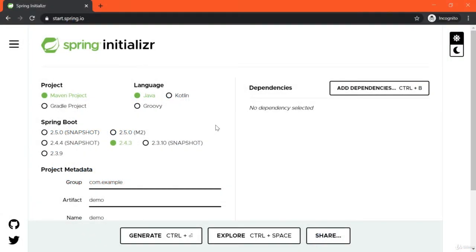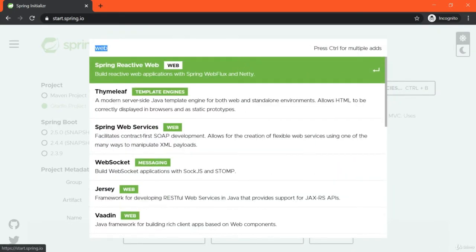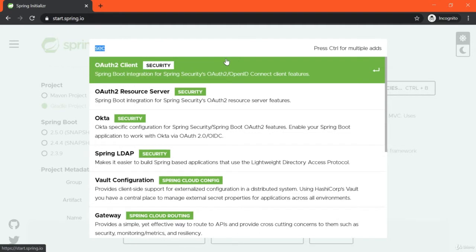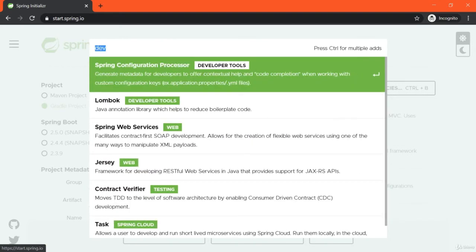Create a new Spring Boot project. Go to start.spring.io, create a new Java project with Gradle. Use Spring Web, Security, and DevTools as dependencies. Also, add the Okta dependency.